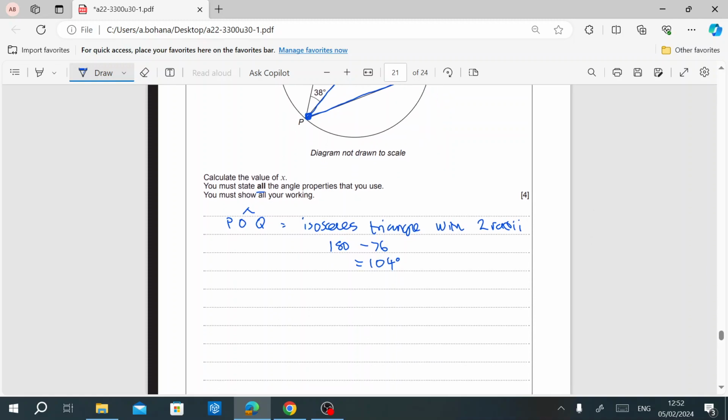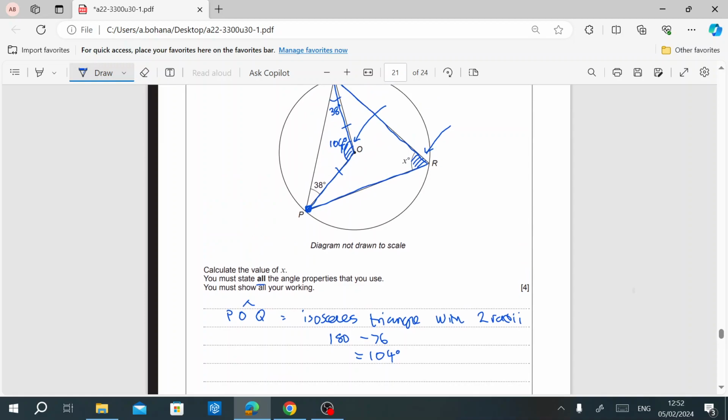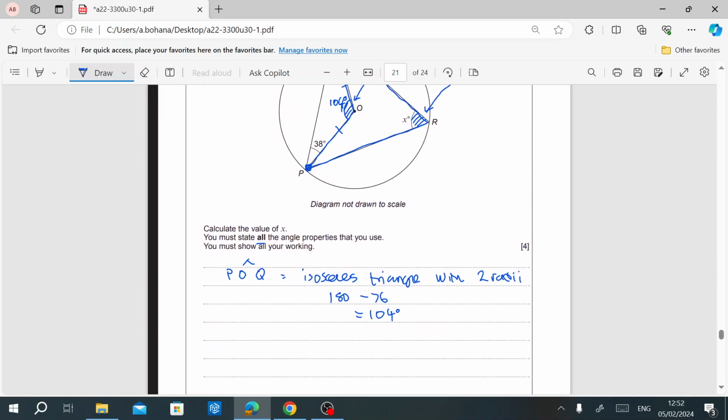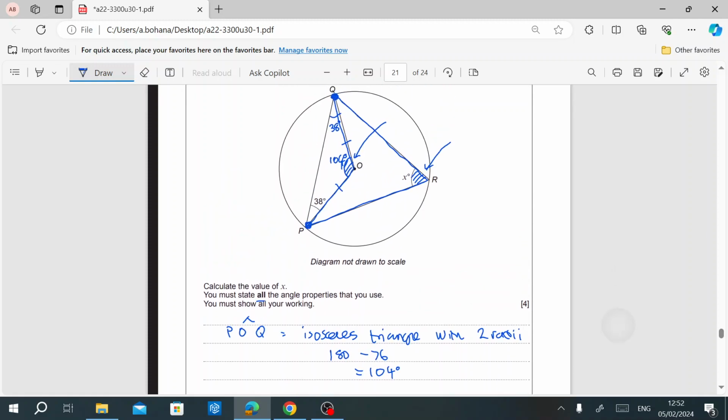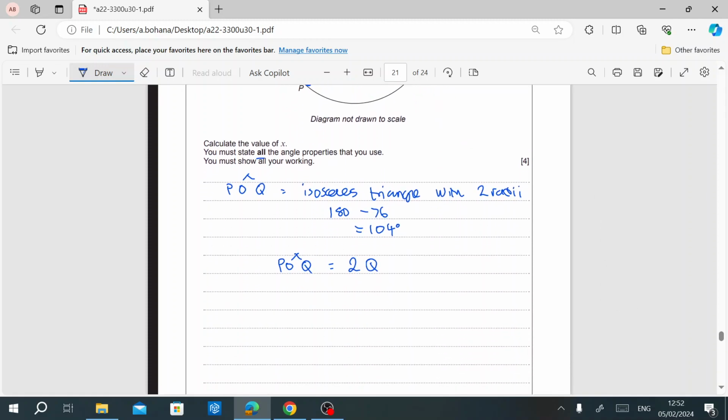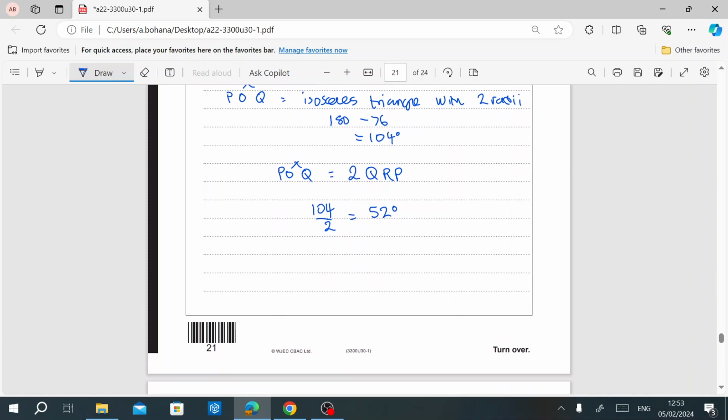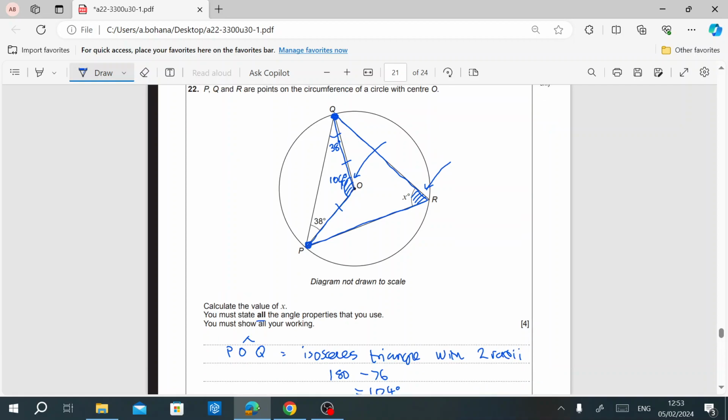So how are we going to say this then? Well, you can say POQ is equal to twice the angle of QRP. So we know that POQ is 104, so 104 divided by 2 is 52 degrees. Okay, now if you want, that's your final answer, by the way, but coming back to this theorem, you can say angle at the center